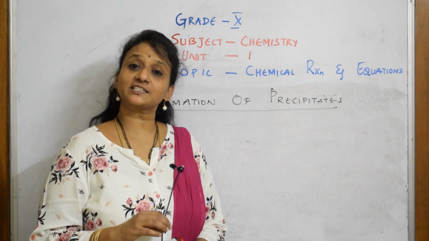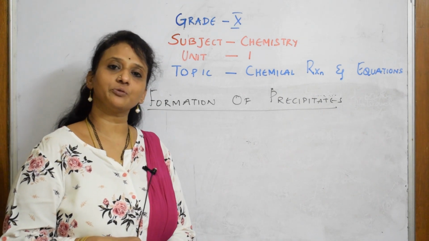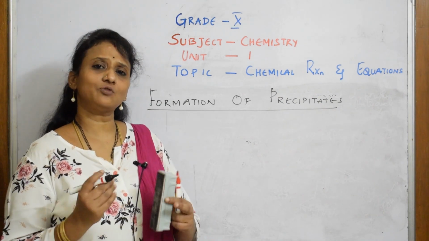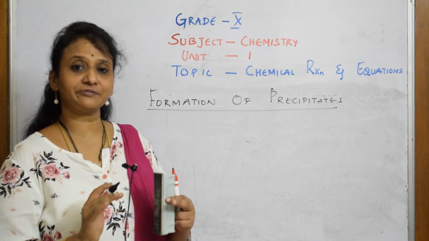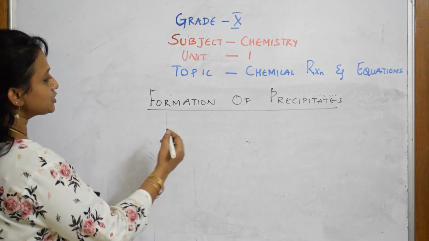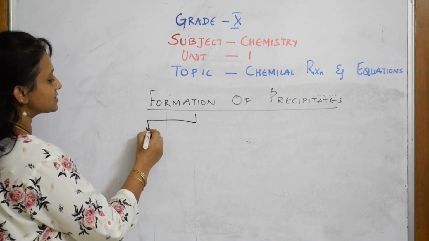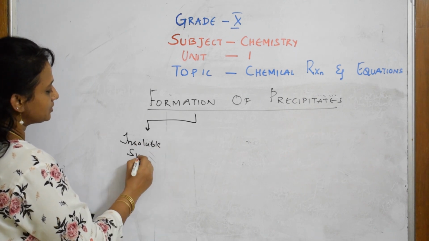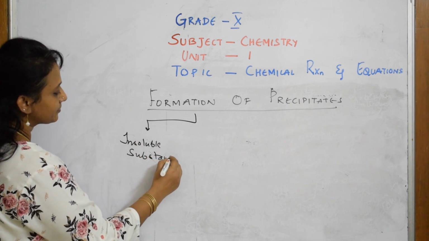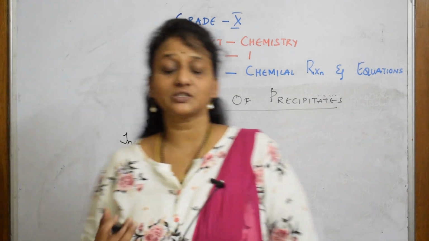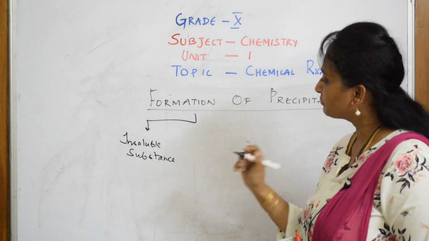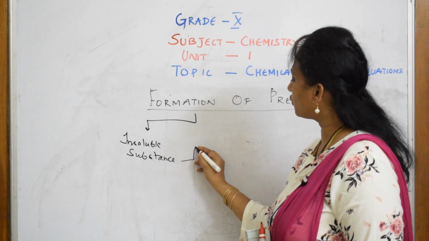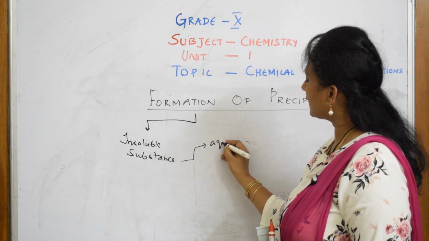Right. So the next characteristic of a chemical reaction is formation of precipitate. So what actually is a precipitate? Let's define it in three different ways. A precipitate is nothing but an insoluble substance. Now, this insoluble substance can be formed when you're mixing an aqueous